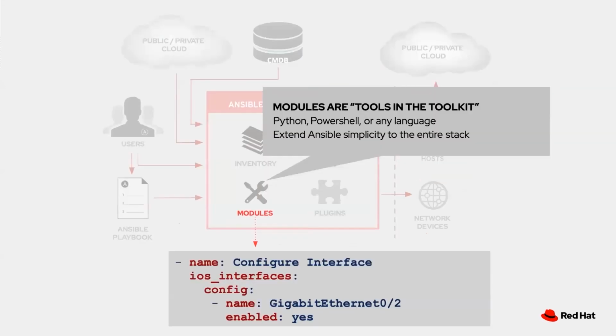So this is a quick example. You can see this is against iOS. You can see that strong forcing of indentation there. So you see a hyphen starts a section, excuse me. And then we can use names. These are completely free form. You can name a step whatever you want to do. Here we're configuring an interface.